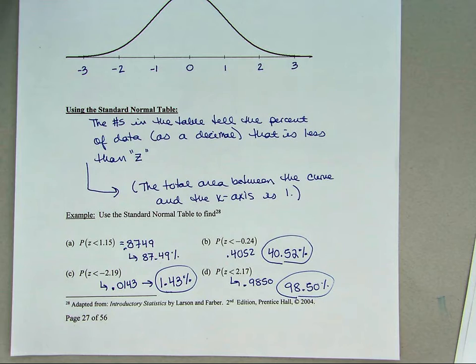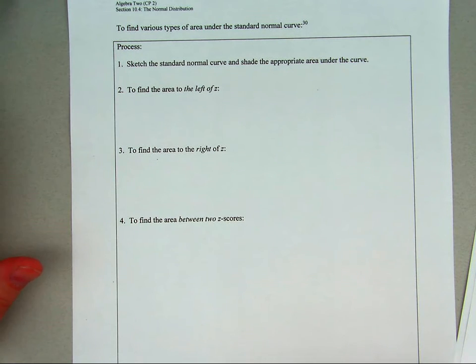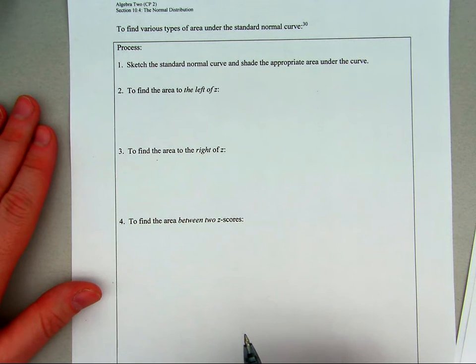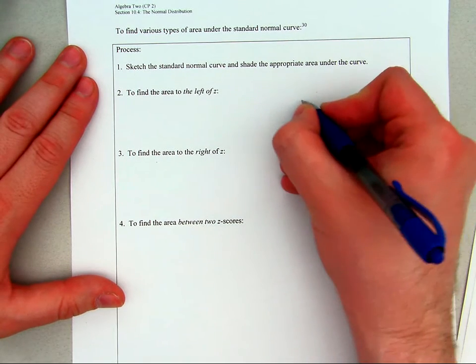Let's move on to page 30. We want to now find percents of data less than specific values. We already talked about that. Greater than specific values, and then in between specific values. First of all, if I want to find the area to the left of a particular value, let's say my